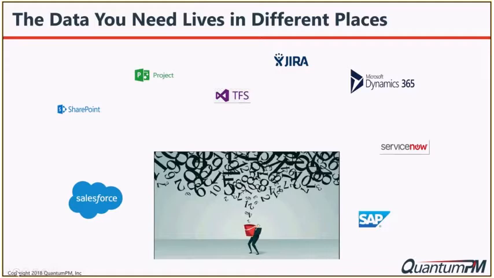Organizations use things like ServiceNow to track all of the tickets that are going on in the organization, to manage the applications that they have. And of course, you have a ton of organizations who also have financial data that lives somewhere else in SAP or in Oracle or wherever it might be. And people are going to naturally work with the systems that make sense for the kind of work that they're doing. So the challenge for project management leadership, PMOs, is how do you get that data into one place so that you can analyze it, work with it, and manage all of it.